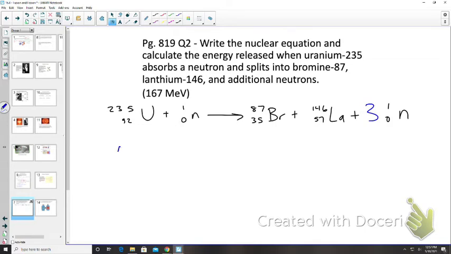Okay, if we're trying to find the energy released, first we need to find the change in mass. Okay, so change in mass is equal to mass of the reactants minus the mass of the products. Okay, and again, you can get your values from that page 881 in your textbook. Okay, so change in mass is equal to mass of the reactants. So mass of uranium-235 is